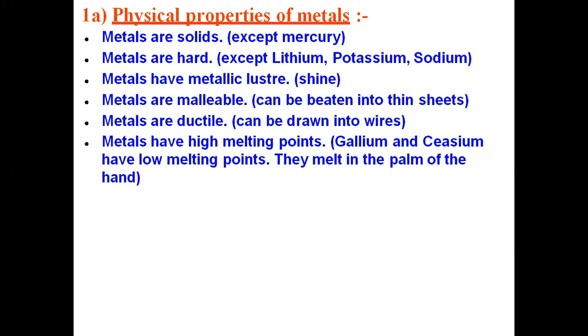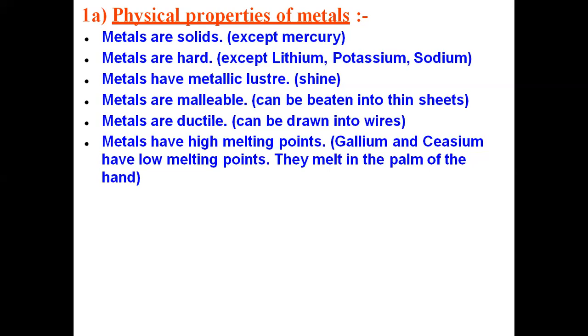But there are some metals which have a low melting point. The low melting point exists because of an unusual structure in the solid state. When metals have an unusual structure, they become unstable in the solid state. If they are unstable in the solid state, they always want to be in a liquid state. So they are present in a solid state, but they are easily converted into a liquid state because of the